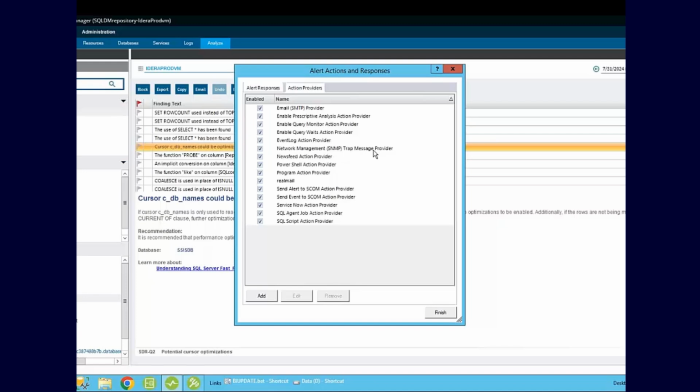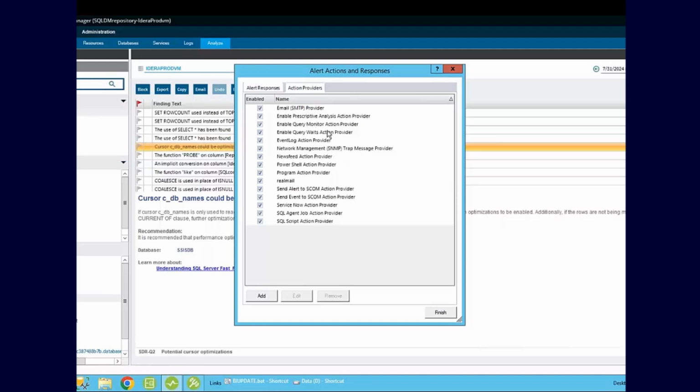Send emails. Notice there's enable prescriptive analytics, like kick off a scan from prescriptive analysis, which we were looking at a second ago, and have it scan for a period of time, all those categories from the time that a problem was happening. Or enable query data collection from Query Monitor or query wait statistic collection. Some of your instances you may not be interested in gathering query data or wait statistic collection data all the time. It's not something that is going to be invasive to your SQL instance. However, that data does get stored in the repository. Maybe you just don't need it for a dev or test instance,